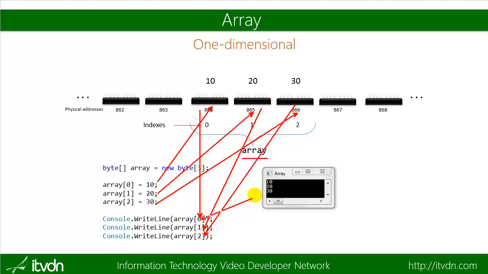And here we go, this one is here, this one is here, and 30 is right here. So you can see how you can declare your array, assign values to it, and print it out